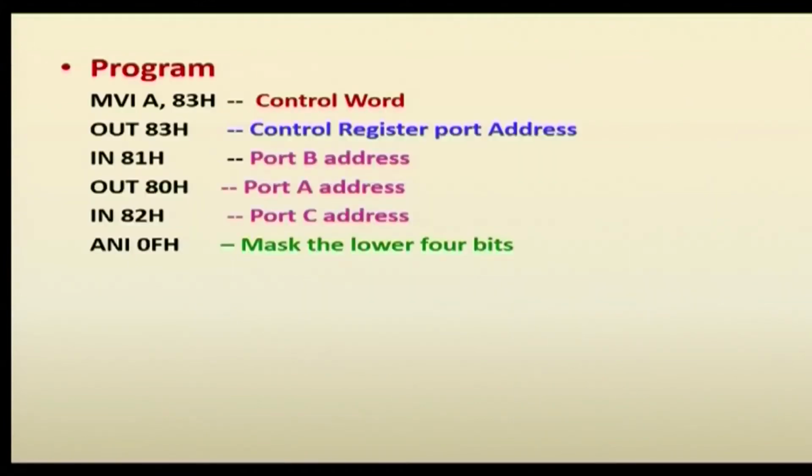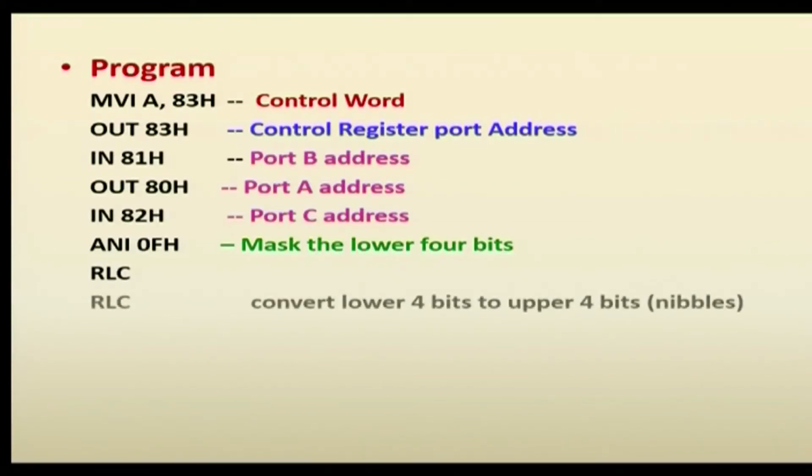Now we have to read the data from port C lower. By using the IN instruction with 82H it will read the data of port C. It has the data on port C lower and port C upper, but we want to read only the 4 bits. So, we have to mask the data by using 0F. The F will mask only the lower nibble data, then the lower nibble data should be transferred to the higher nibble by using the shift left operation. So, 4 times we have to use shift left to convert the 4 lower bits into 4 upper bits.